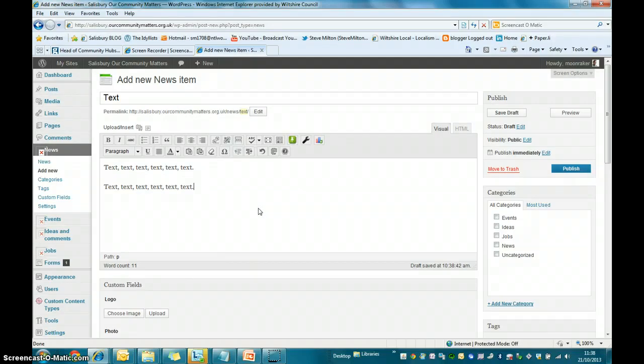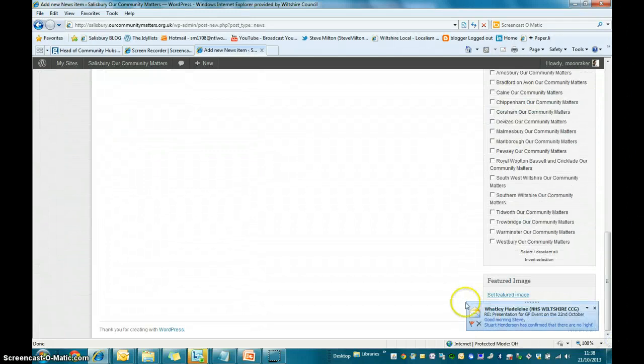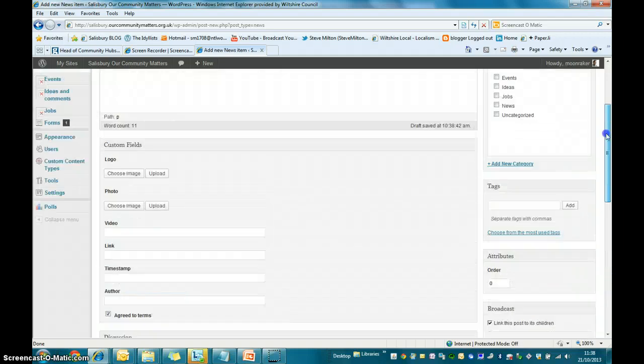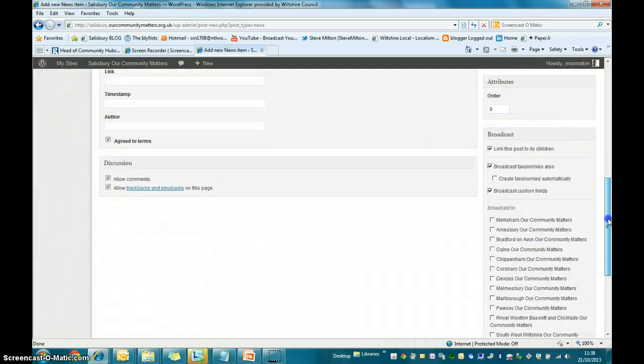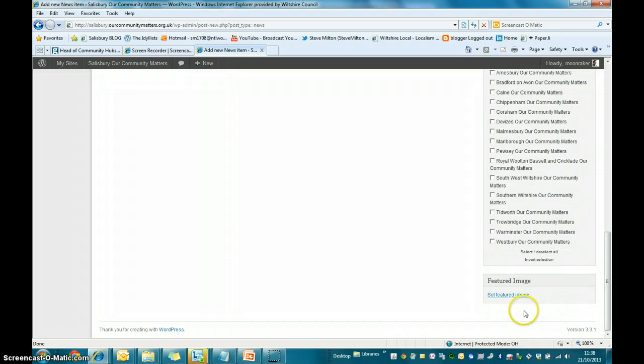The next thing we need to think about is using images, because a story on Our Community Matters really benefits from a good picture. To link a picture to your post, you need to use this feature. At the bottom of your edit screen, I've just literally scrolled down using the scroll bar, you have the option to set a featured image. This is a linked image that will link with the short version of your story and the full version of your story. So we can click on that link,